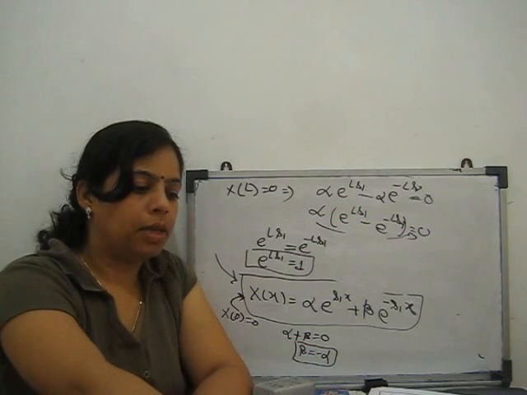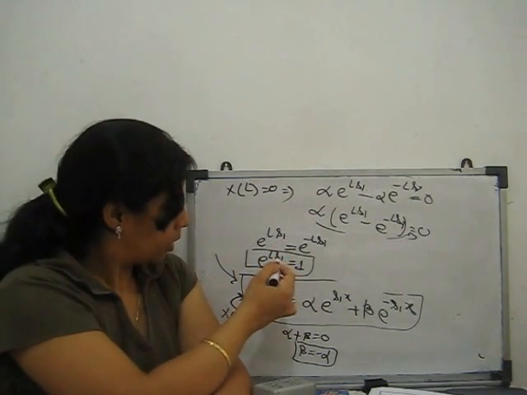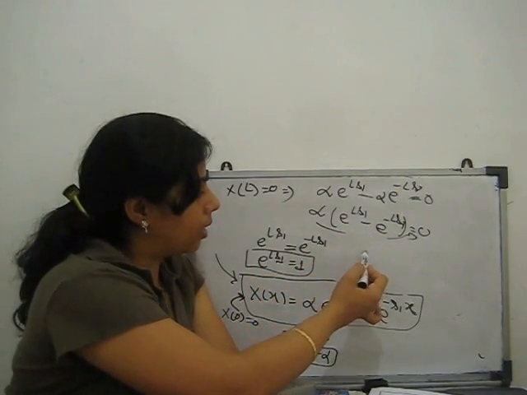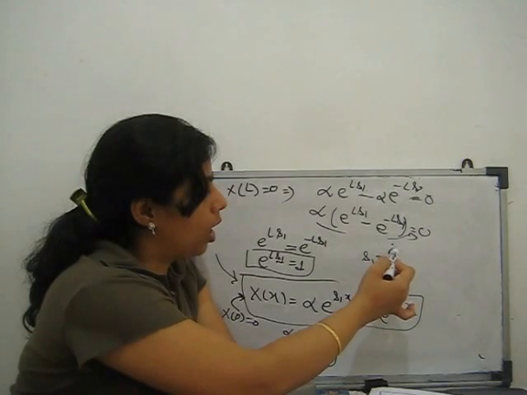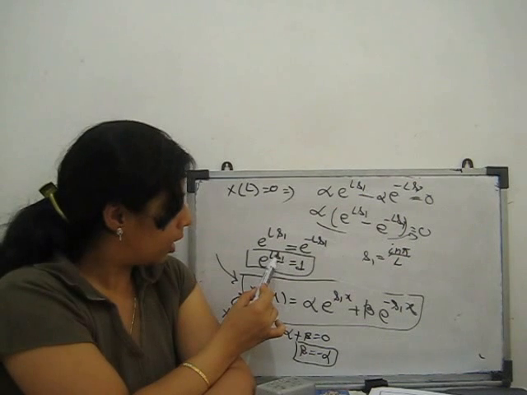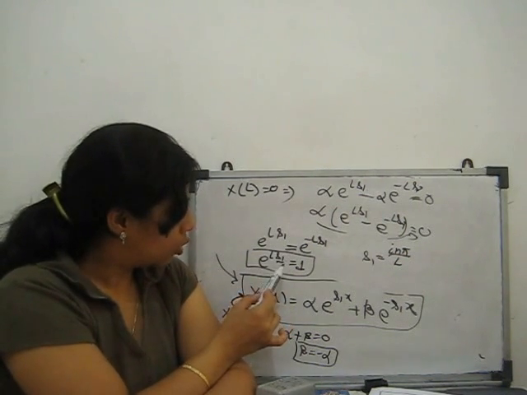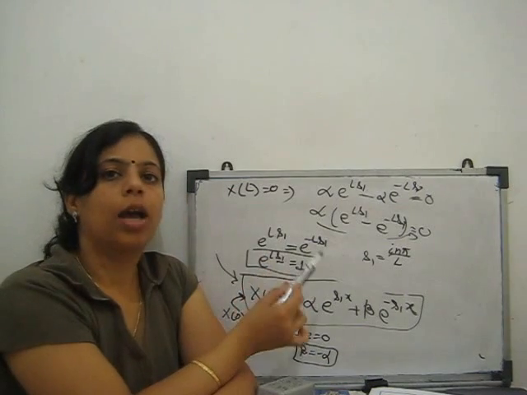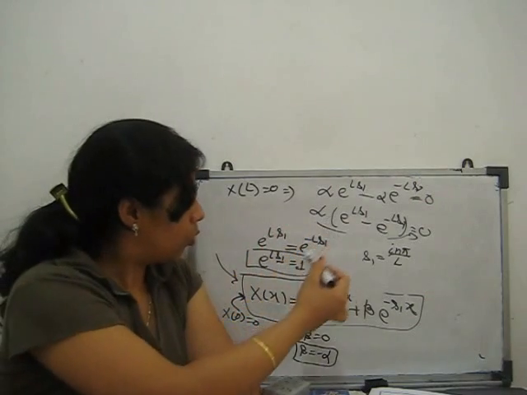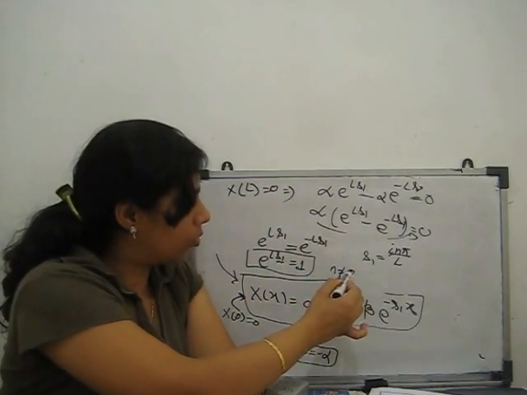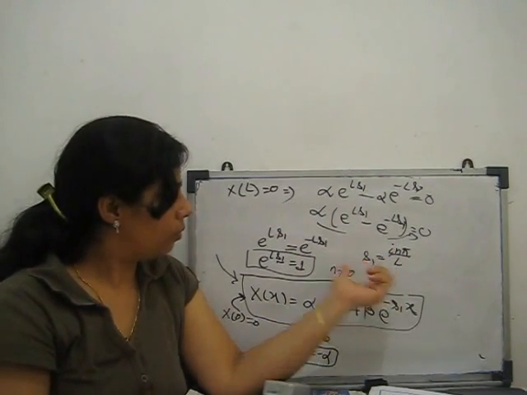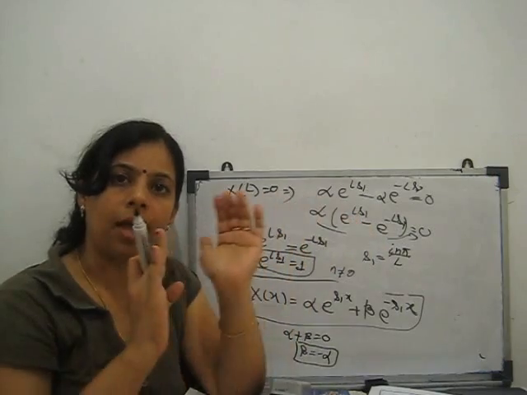Now when this value of e to the power is 1, what is S1? S1 is equal to iota n pi by L. Clear? If I substitute here iota n pi by L, L cancels, e to the power iota n pi gives the value equal to 1, where n is not equal to 0 is the condition. So our value of S1 from this is iota n pi by L.